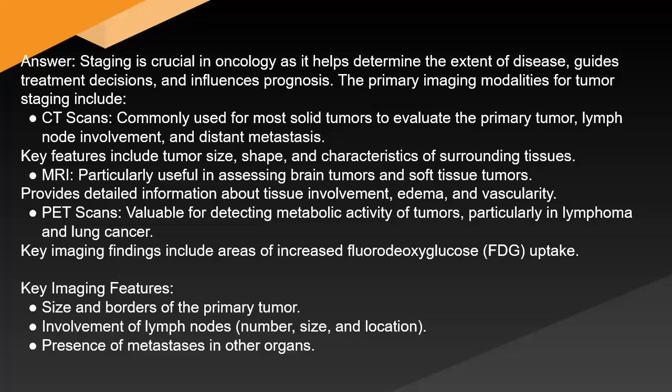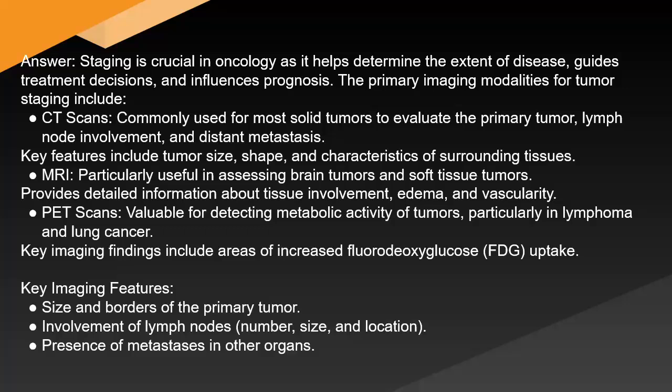PET scans, valuable for detecting metabolic activity of tumors, particularly in lymphoma and lung cancer. Key imaging findings include areas of increased fluorodeoxyglucose (FDG) uptake. Key imaging features: size and borders of the primary tumor, involvement of lymph nodes, number, size, and location, presence of